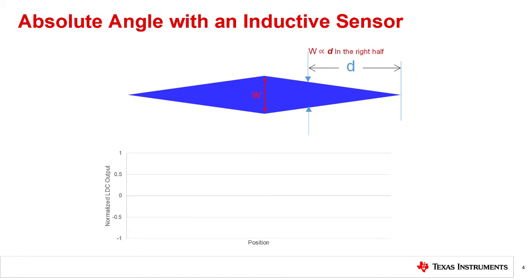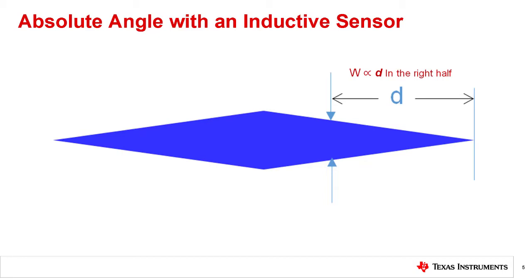Consider first a diamond-shaped metal target which has a linear taper to the body width. In this top-down view, we see that the width of the target varies linearly with respect to the length of the target. If we were to pass this above our sensor coil, we expect a sinusoidal output as the width of the metal over the sensor coil changes. As the width narrows, there will be less eddy current in the target surface, which reduces the influence on the coil. For this example, the LDC output has been normalized and centered to 0, although in reality, we would expect the amplitude and level to depend on the air gap, coil and target geometries, and the target material.